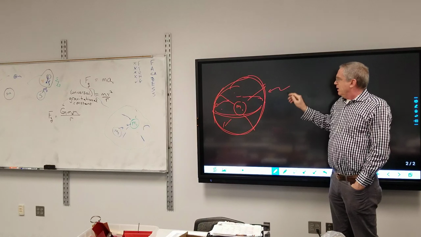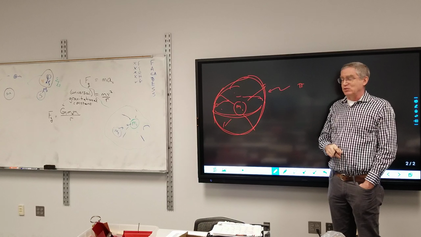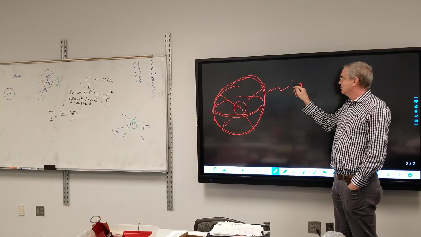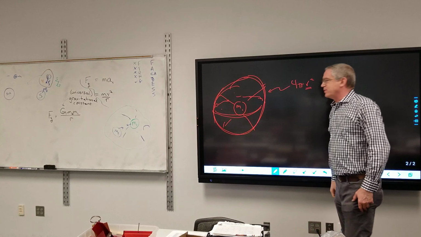What's the surface area of a sphere? Oh, I don't know. Pi some. True, there's a pi in there. Is there a 2 in there? There's actually a 4 in there. This is the part that matters: R. It's a surface area, r squared. So if you think about it in these terms,